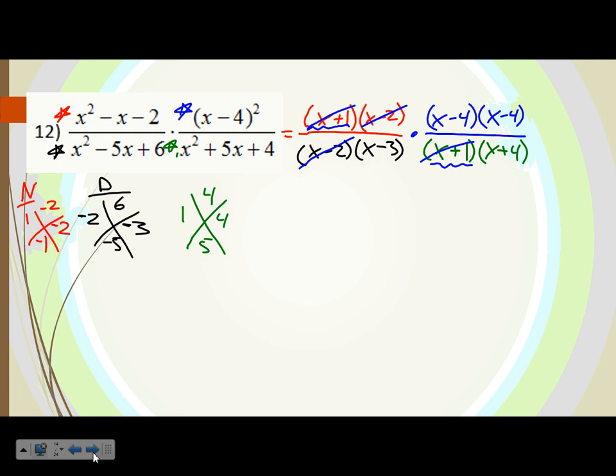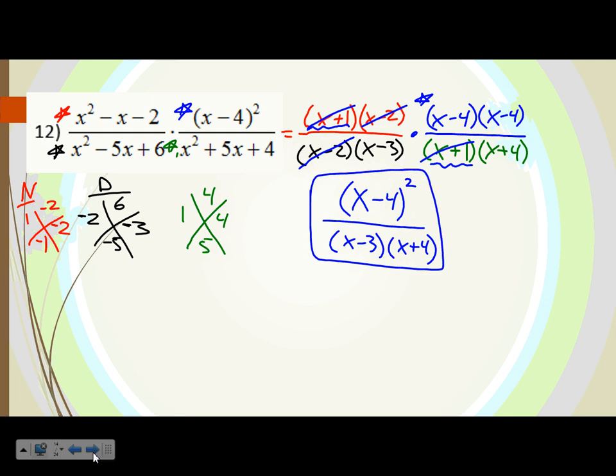Now this x plus 4 doesn't cancel either of these x minus 4s. So when I put this all together, you can do it 2 ways. You could put x minus 4 squared, since there's 2 of them. If you want to just write it out the same way we have it out here, that's fine. Over, we have x minus 3 and x plus 4. You can leave it like that. I'm not going to make you multiply that out. You're welcome. That is your answer,